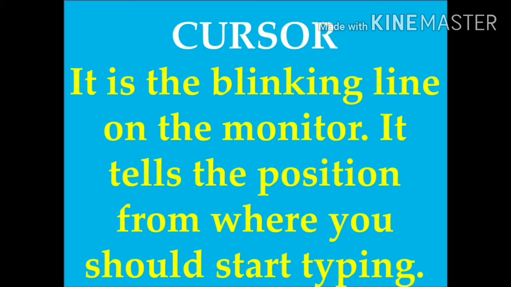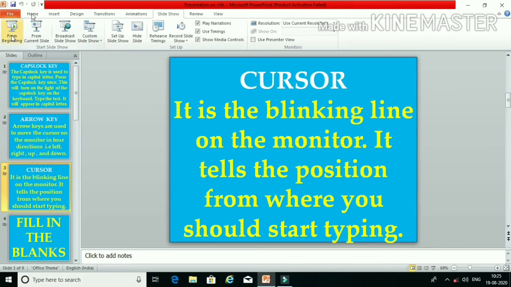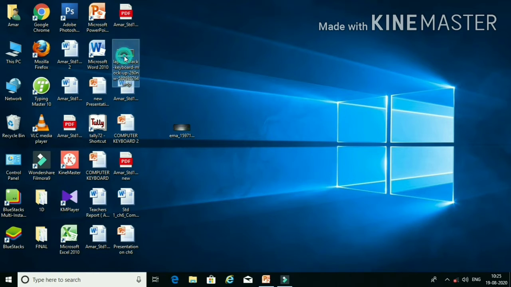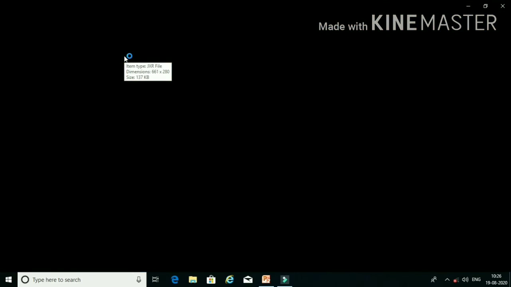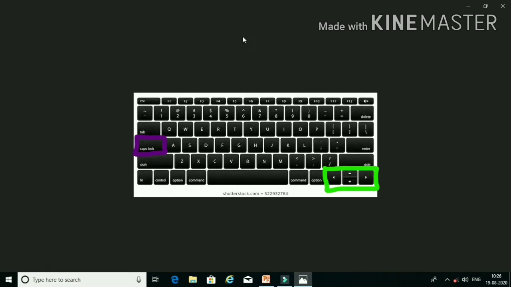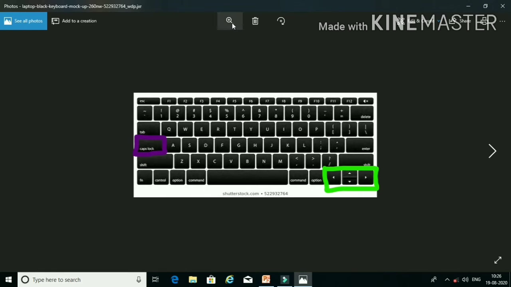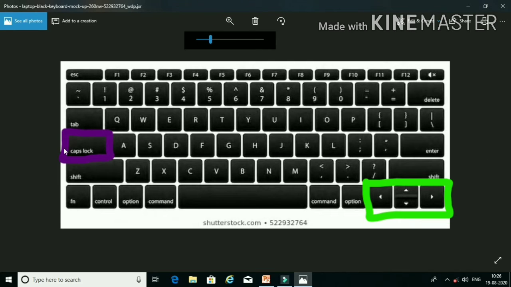Before that, let me show you where the caps lock key and the arrow keys are on the keyboard. Children, can you see this keyboard? Can you see this key here? This key is known as what?